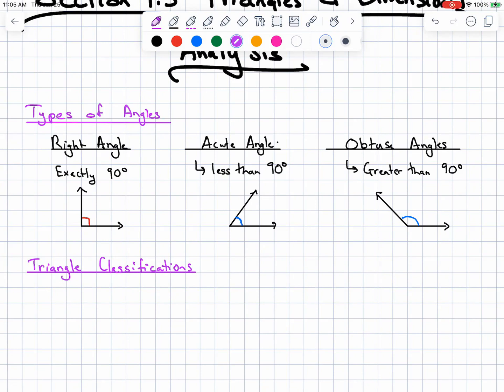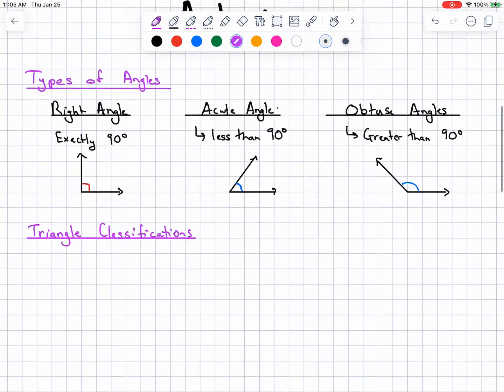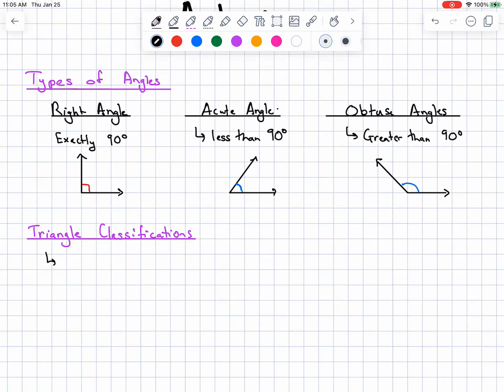We can do it via their angles, or we can do it via their side lengths. So we'll start off with the angle classifications. Now, before we actually write them down, I want to write an important fact that we need to know about triangles. If you don't already know it, and just